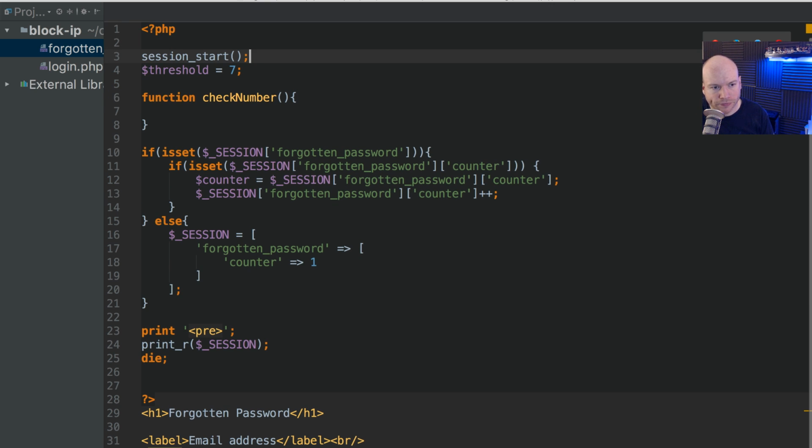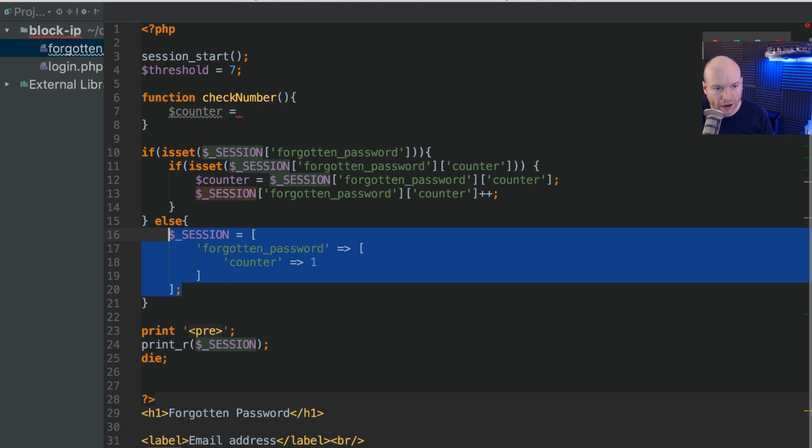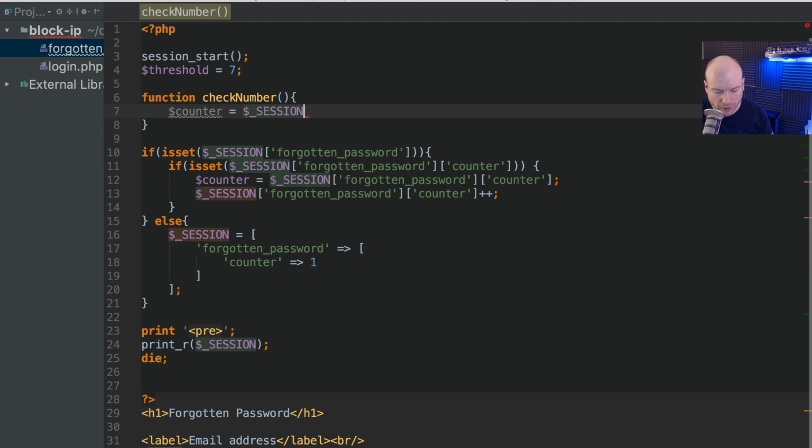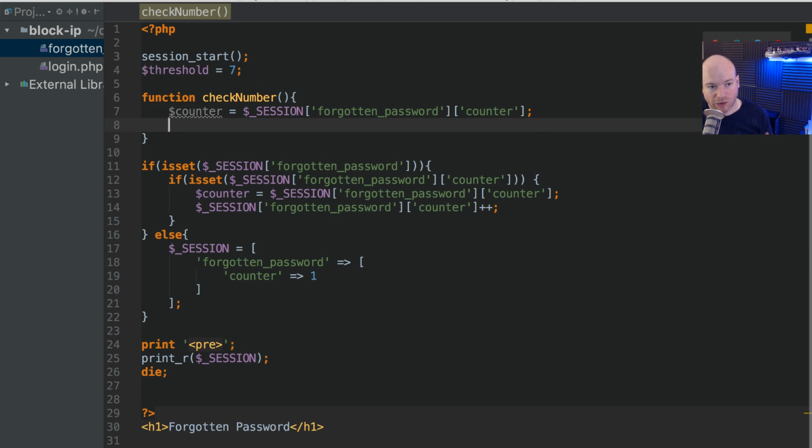So that's the threshold, and that's going to get the counter. So that's the current counter is equal to, and we're going to grab this from there, right? So we're going to do session here is equal to forgotten password, and then also counter. I'm just going to copy that in, otherwise I'll spell it wrong, like so. So that is the value that we've set in our session. Now we need to check that against the threshold. So we can do if counter is greater than or equal to threshold,